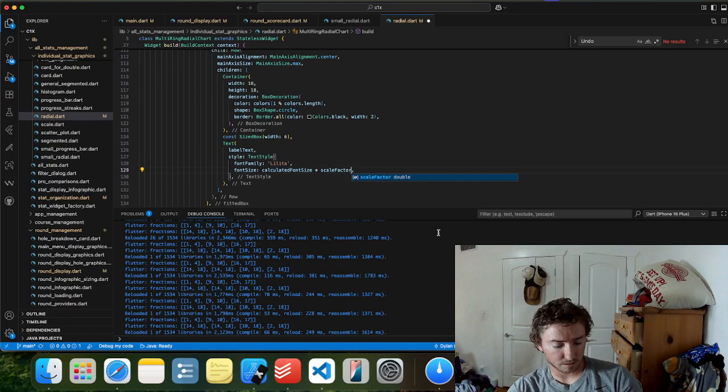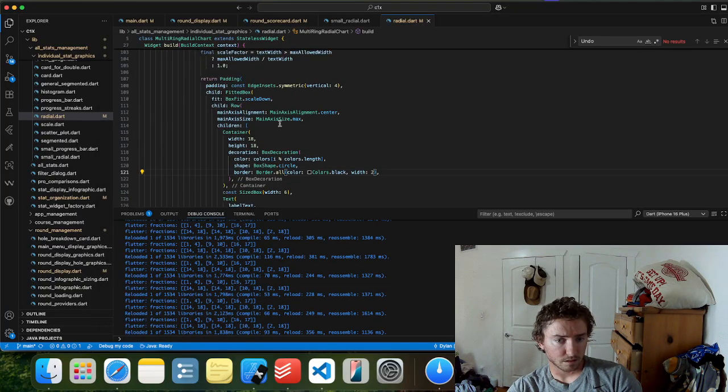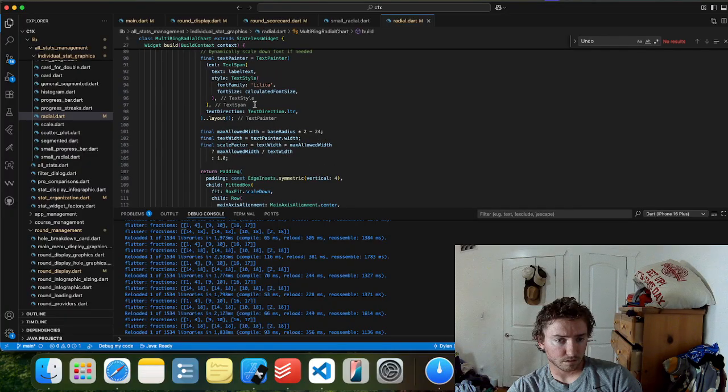Let me get rid of that. And they do expand too much. Text width is equal to text painter width.